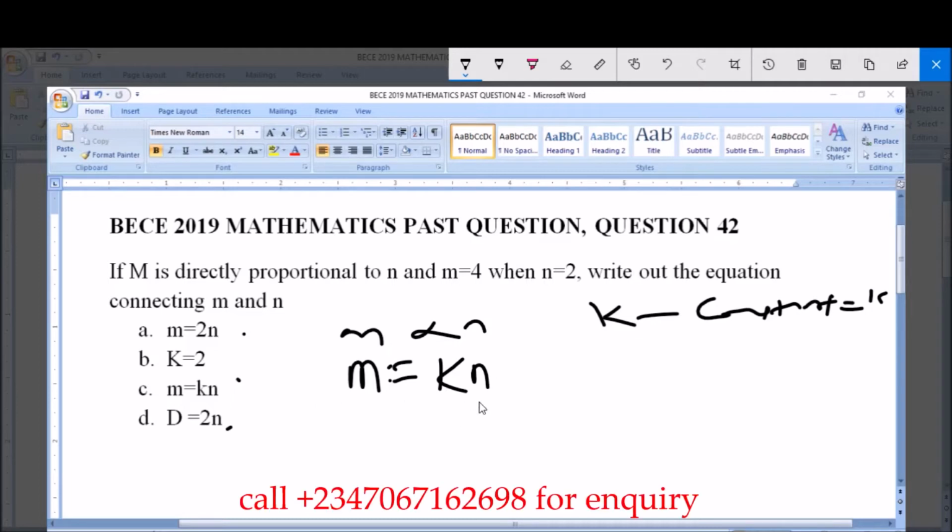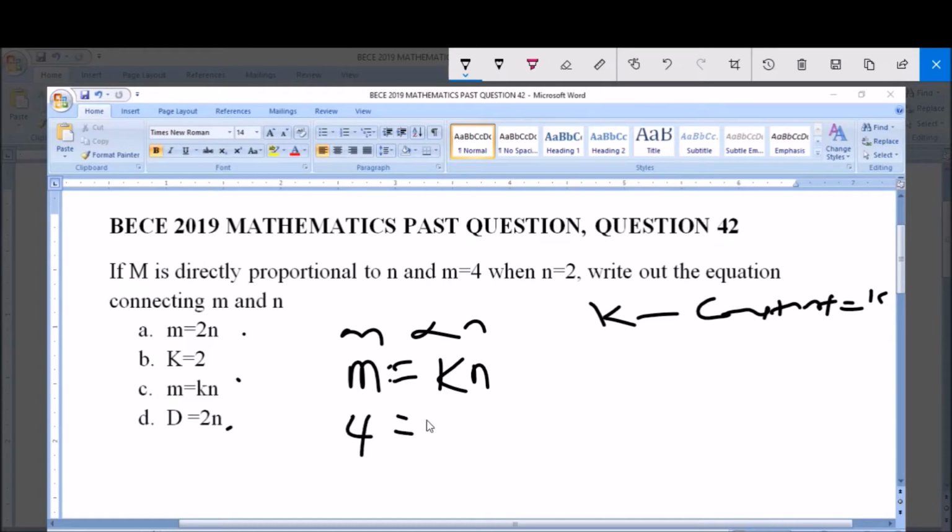Now, how do we find the constant? Now m is directly proportional to n. That is, if there's an increase in m, there will be an increase in n, and if there's a decrease in m, there will be a decrease in n. So now, m is equal to 4, and n is equal to 2. So that's k times 2. Therefore we have that 4 is equal to